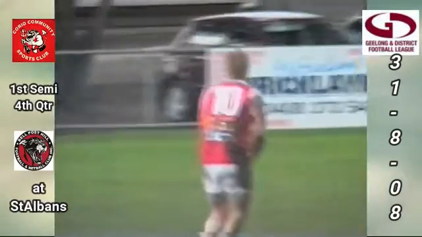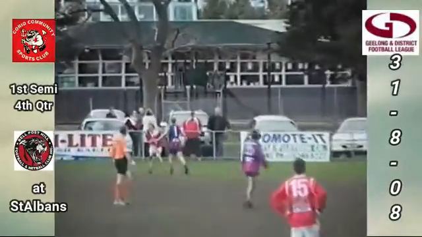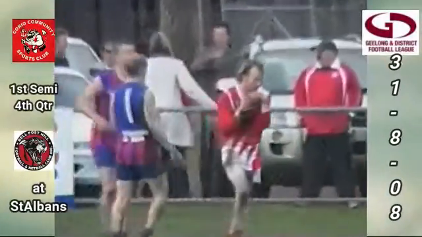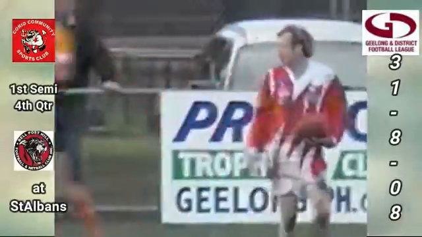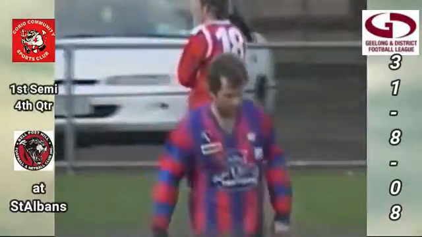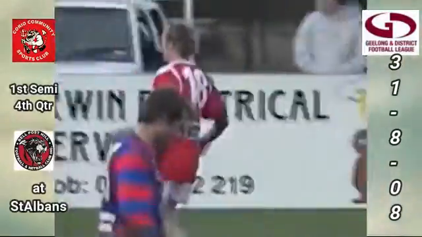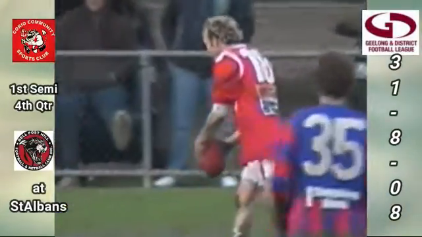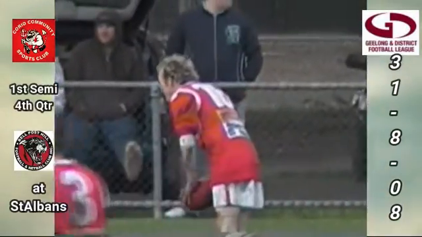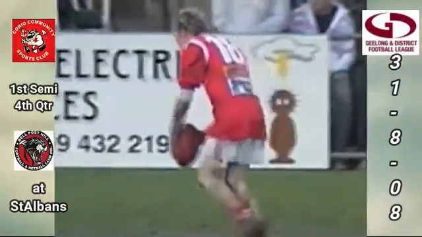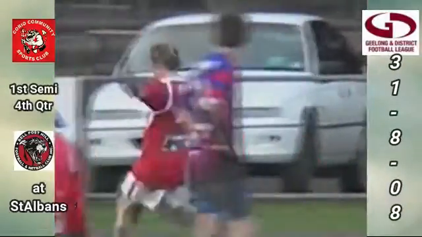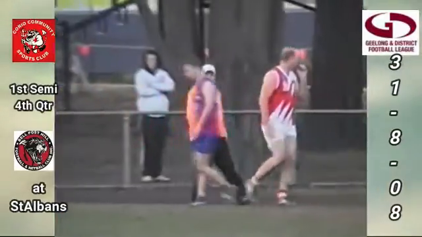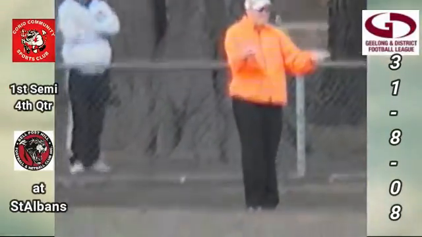So Barry O'Toole now decides to kick it to the head of the goal square. That's as far as he could kick it, but standing on his own there is Johnny Keys, and he takes the mark 20 metres out. 45-degree angle on the boundary road side of the ground here, and perhaps, as Dale said before, a little bit of prestige here for Corio, a couple of belated goals. Keys moves in, kicks it pretty well. Yes, the goal umpire back to the middle. Keys kicks his first for the day.